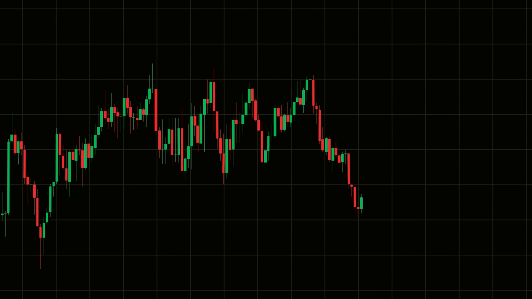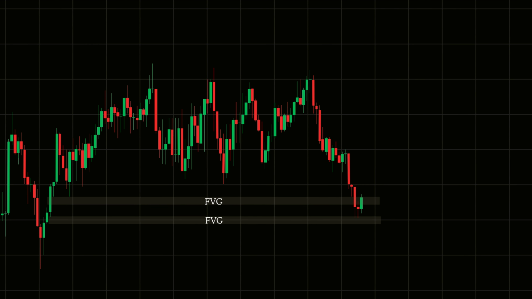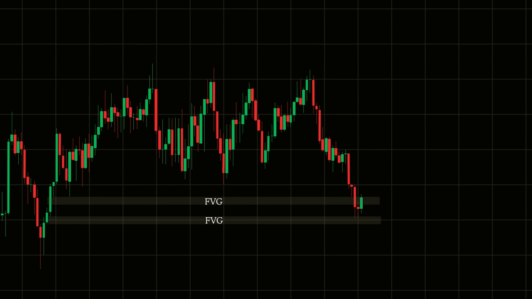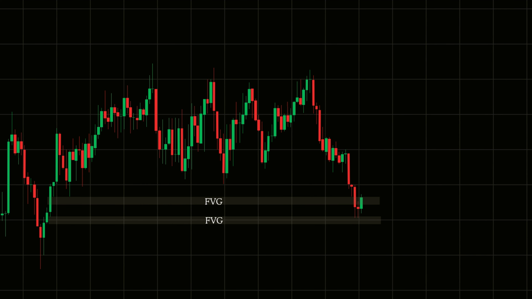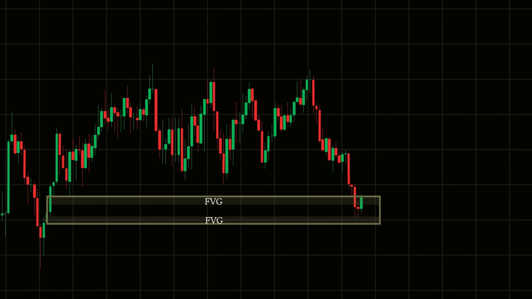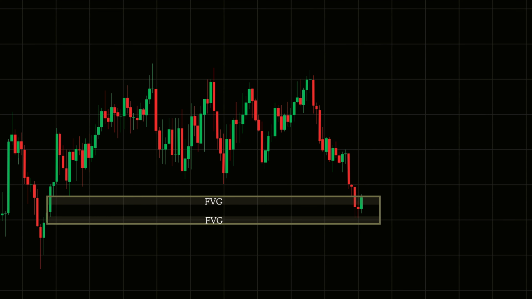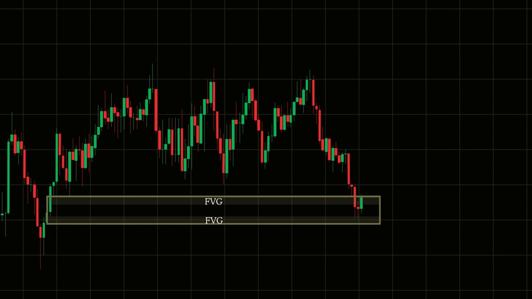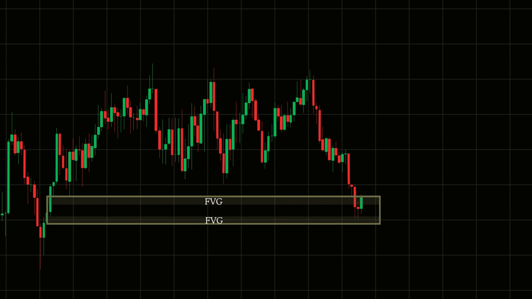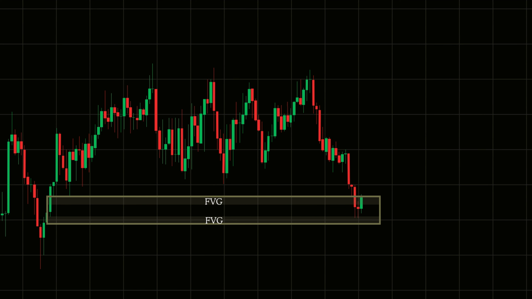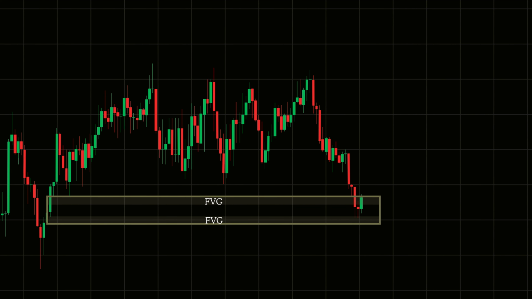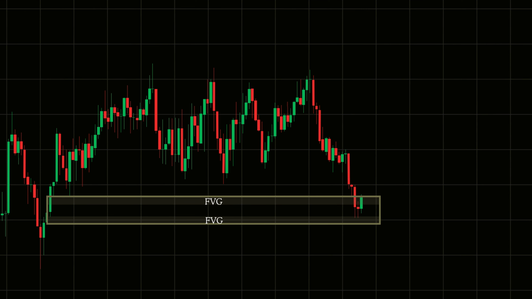On the 5-minute chart, we can spot several small fair value gaps on the left side. These represent potential demand zones where we anticipate the price may bounce. One aggressive strategy would be to place a buy order directly within this zone, with a stop loss just below the range. However, for a more cautious approach, it's better to wait for confirmation, a clear signal that buyers are